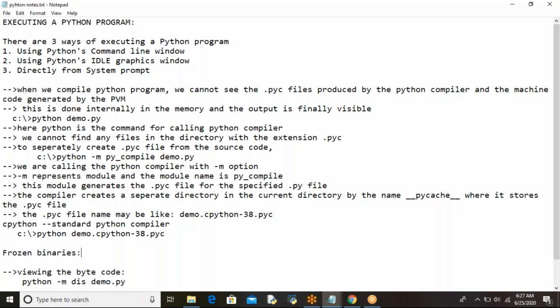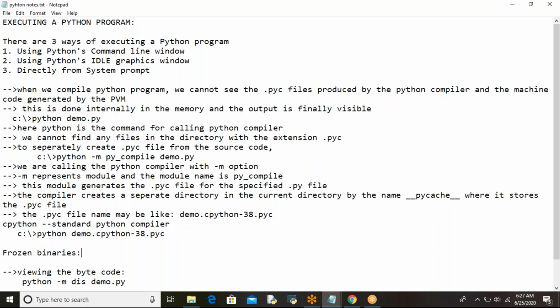We combine all the things together and convert them into a single executable file. That executable file we provide directly to the other people so that they can double click on it. Generally, if you want to install Python, we click the setup.exe file, double clicking on it, right? So Python will be installed. In the same way, we'll form an executable file and share it with them. They will directly double click on it and execute it. Got it? So converting this type of Python programs into executables is nothing but frozen binaries.